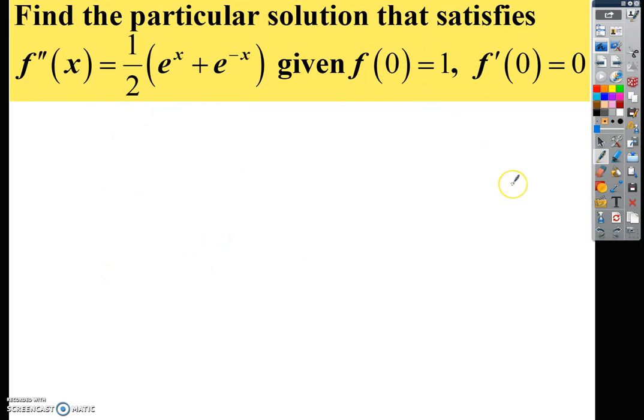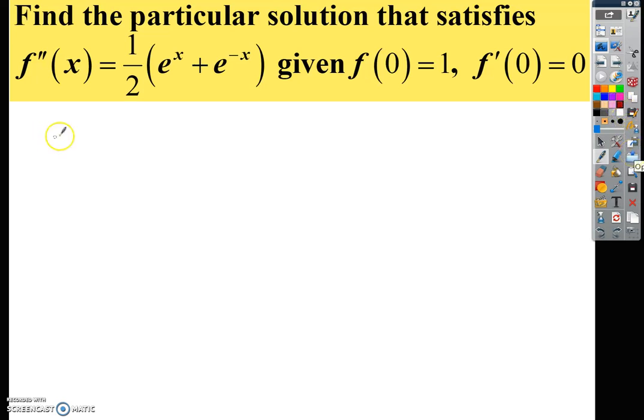And let's try another problem. So for this one, we're going to be trying to find the particular solution for the second derivative of this function. And so we've got some initial conditions. The f of 0 is 1 and f prime of 0 is 0. So let's go ahead and